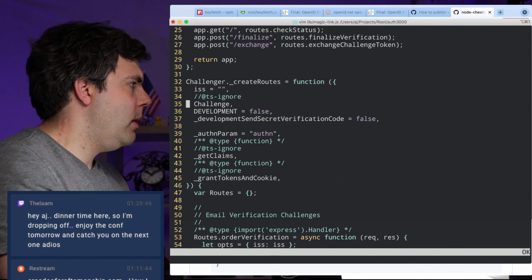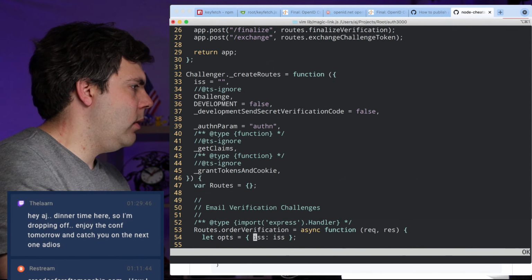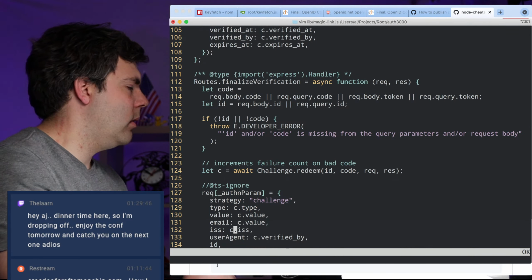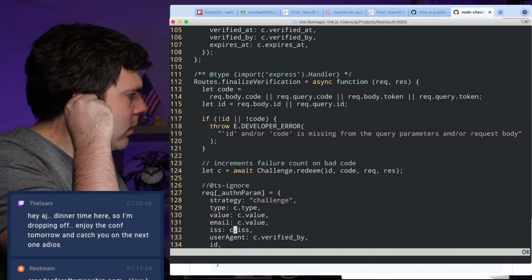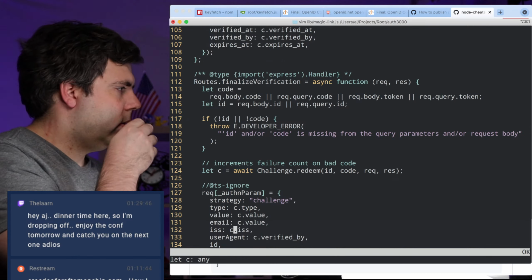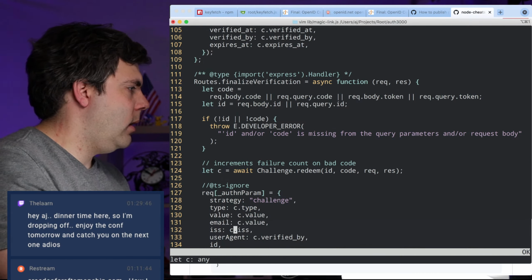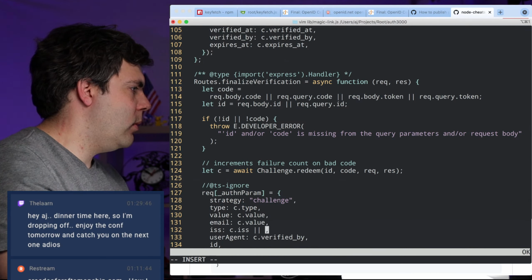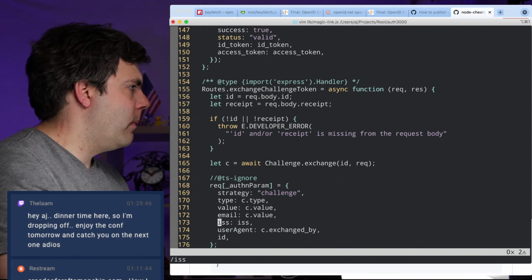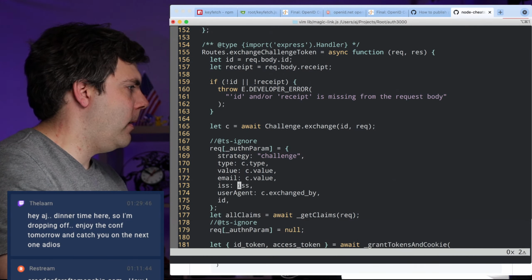And then how about, can we get rid of issuer? Because we can just do c.issuer. Okay, and then this would really be more just for backwards compatibility right here, I think.